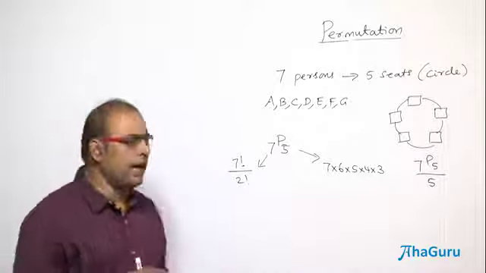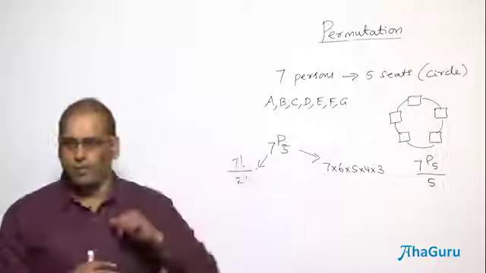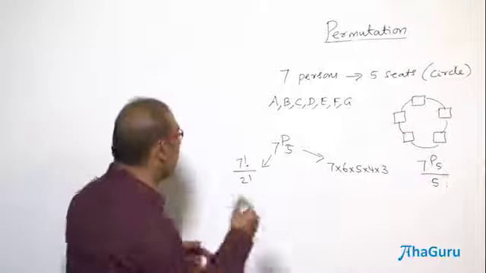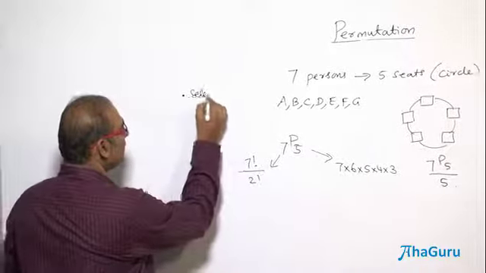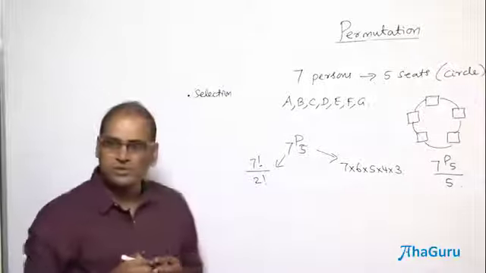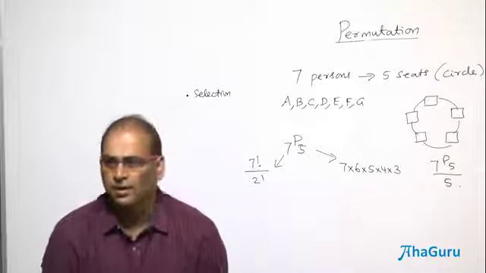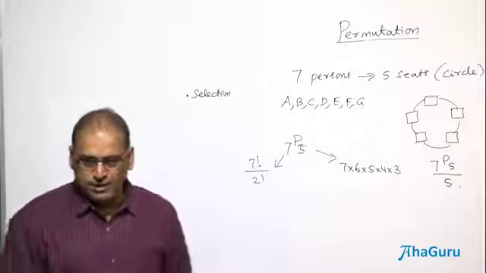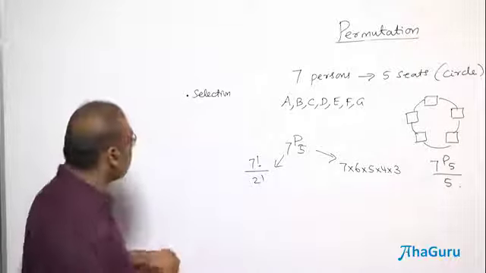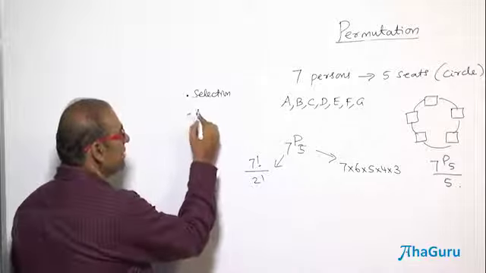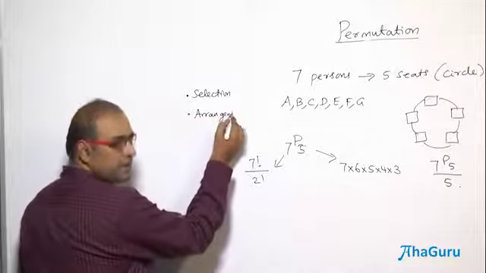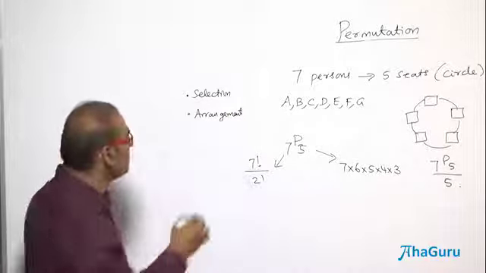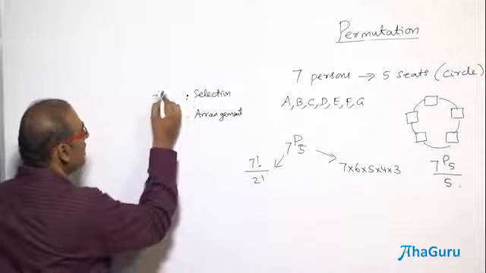Okay, so I can think of which 5 will occupy these 5 seats. So I need to select some 5 out of 7. So I am going to concentrate on selection first. The first process is selection. What is that selection? Which 5 should be selected? Theoretically, there are all possibilities. And then the second part is arrangement. The selected 5 are arranged circularly. So there are 2 phases. The first one is selection. Selection means it's going to be 7 choose 5